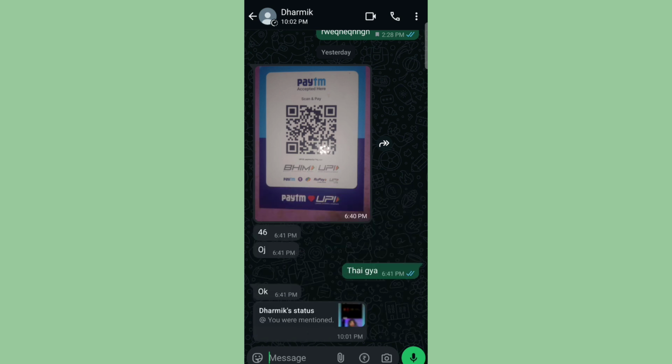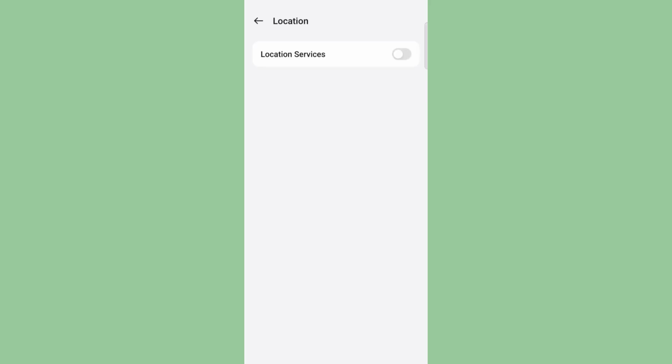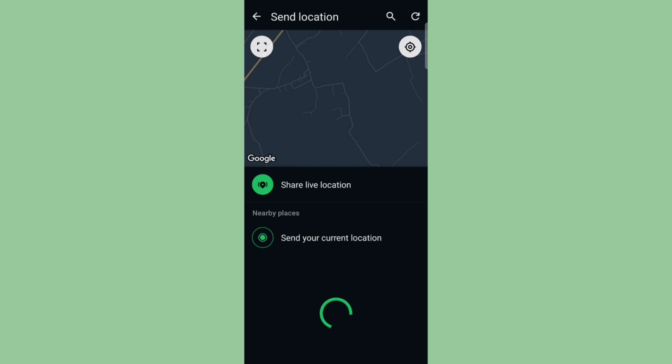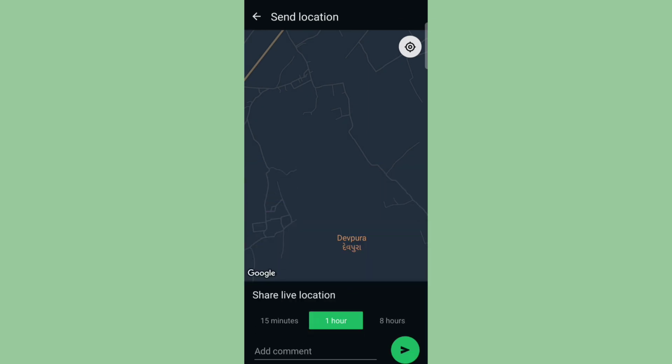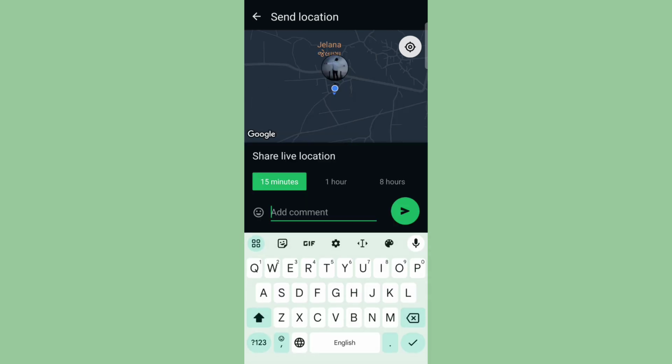So click on it, and GPS is disabled. So first of all, turn on GPS, then turn live location on, and send your current location. Like this, you will see the share live location option here, with choices of 1 hour, 15 minutes, and 8 hours. So I suggest 15 minutes, and add a comment like this,